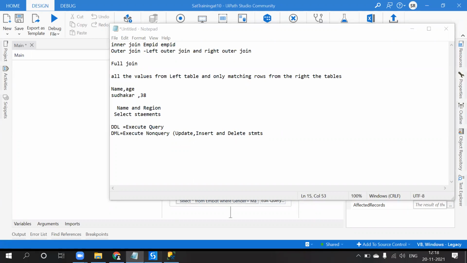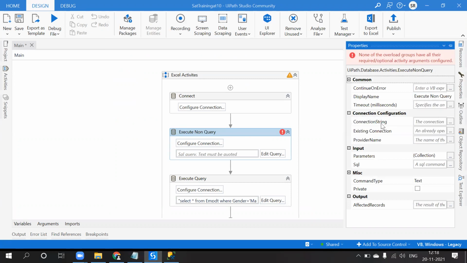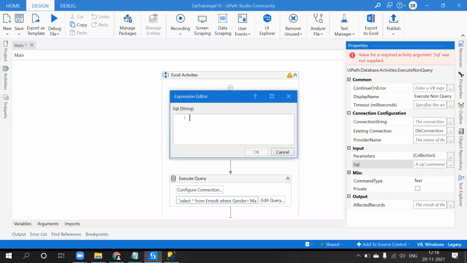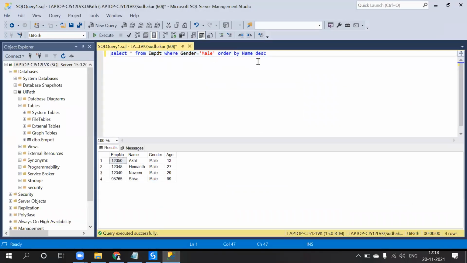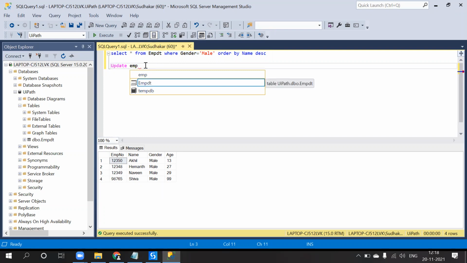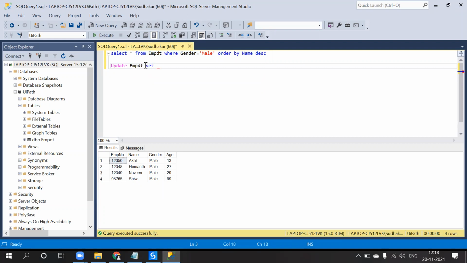And how it works? See, the input connection is the same. What is the connection we have used? The DB connection. And here we have to write a command. So here I will write just update. The syntax for the update command is update table name. What is the table name? empdt. Update empdt set